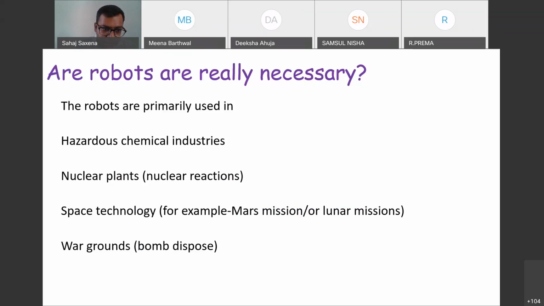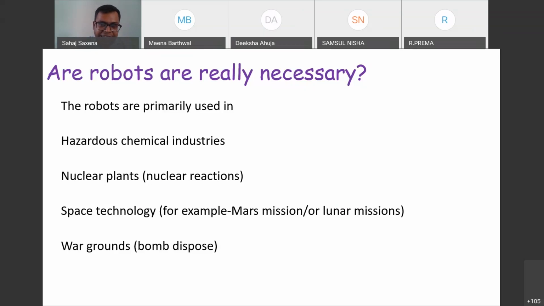The fourth is the war grounds, where we have to dispose of bombs, where there is a human threat. We should not go into those particular areas. Our robots will work well and we will definitely get our work accomplished. So these are the very typical and very popular applications where robots are really necessary. But